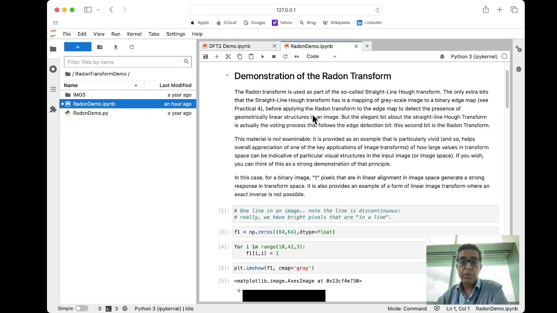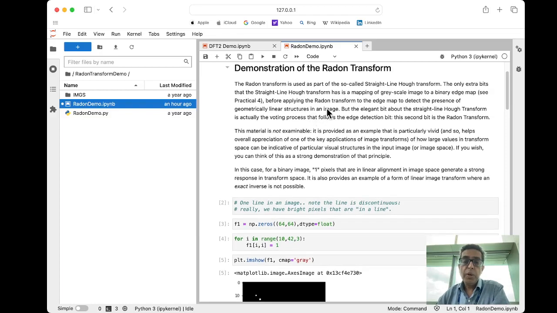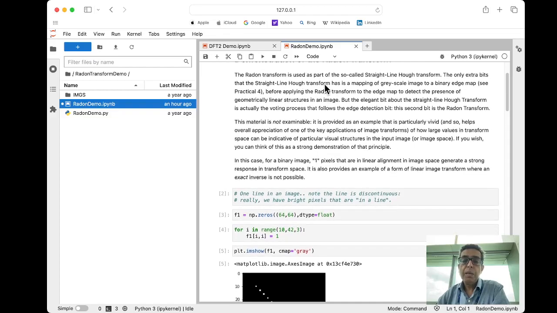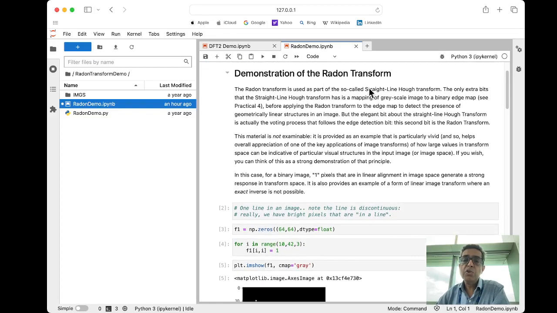So we're going to look at something known as a straight line Hough transform, which is related to the radon transform, because basically the straight line Hough transform usually refers to a mechanism of finding lines within an image, whereas the radon transform is used in medical imaging, but the two are very closely related. So I'm going to use the terms interchangeably, but strictly speaking, to get a straight line Hough transform, what you do is you